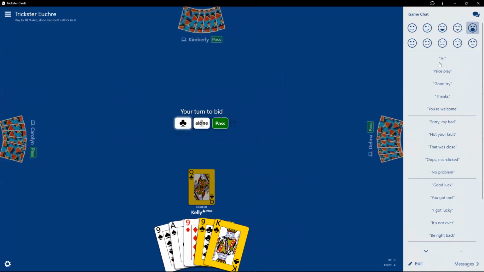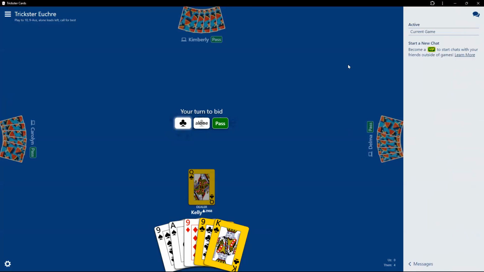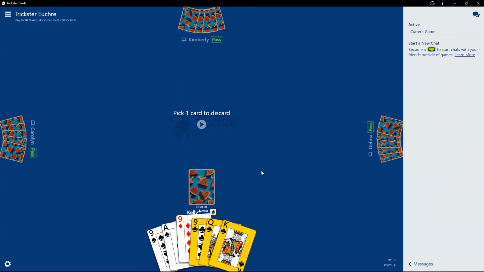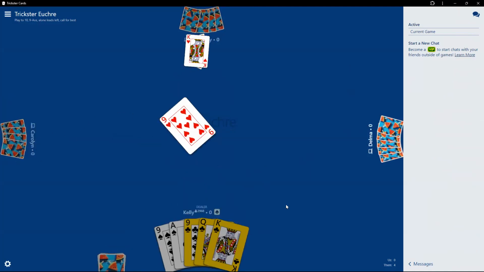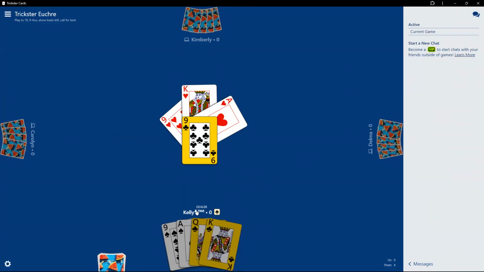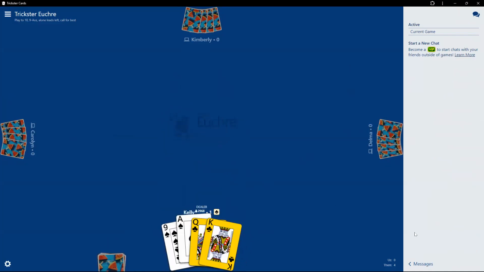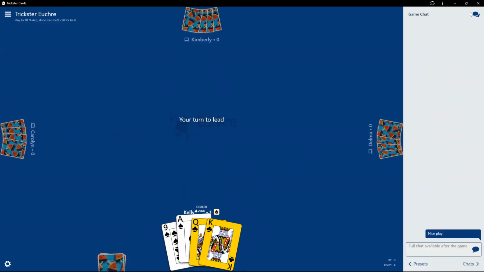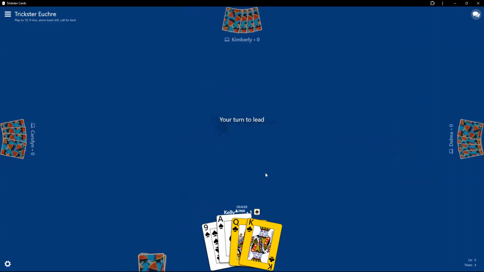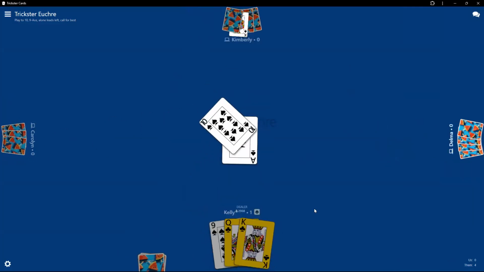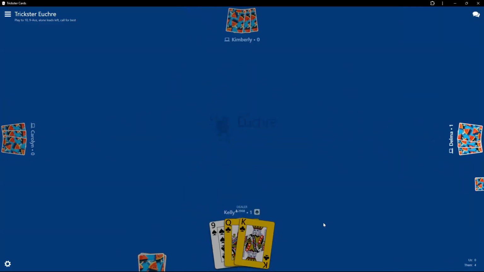By the way, you can go up here and go chat and you go, oh, nice play. But if it's a bot, they don't pay attention to that. Oh, I keep on forgetting how to get rid of that. And then that thing on the top pops up here. I get rid of that. What's it asking me? I wasn't paying attention. What happened? I think the computer made the decision for me. Would I have gone clubs? I don't know. Is it here? I turned this off once, but I think it's there. Okay. So when you open that up, that's the way to turn it off. Hit the chat icon.